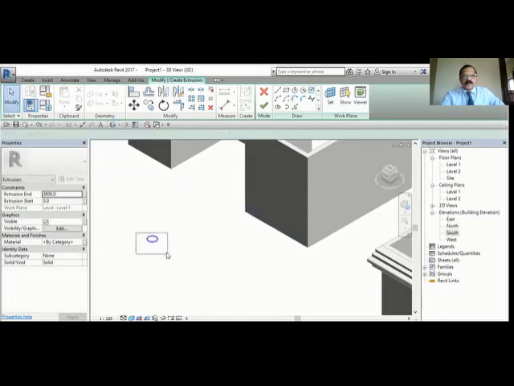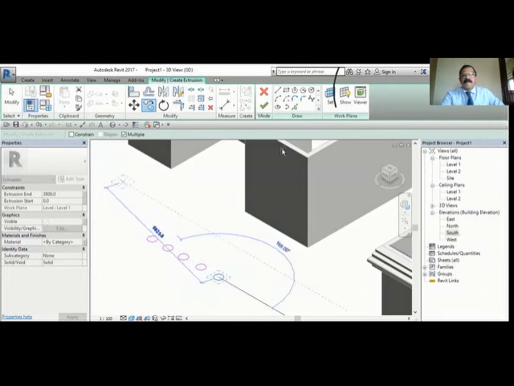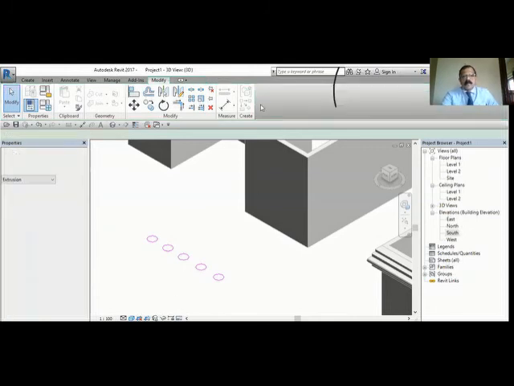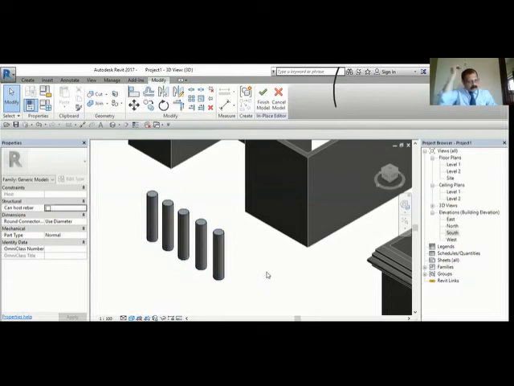Okay, select it. Copy multiple. Then make some round grills. Okay. See, you can create many things using extrusion.